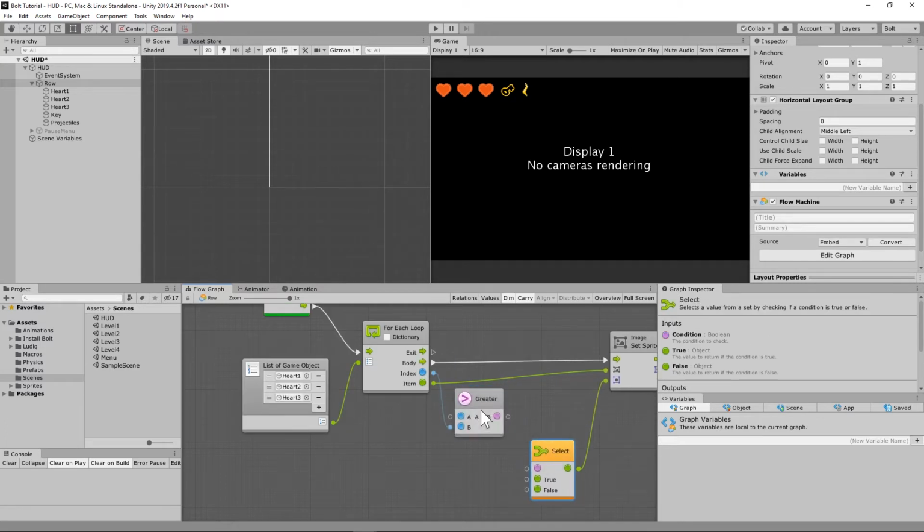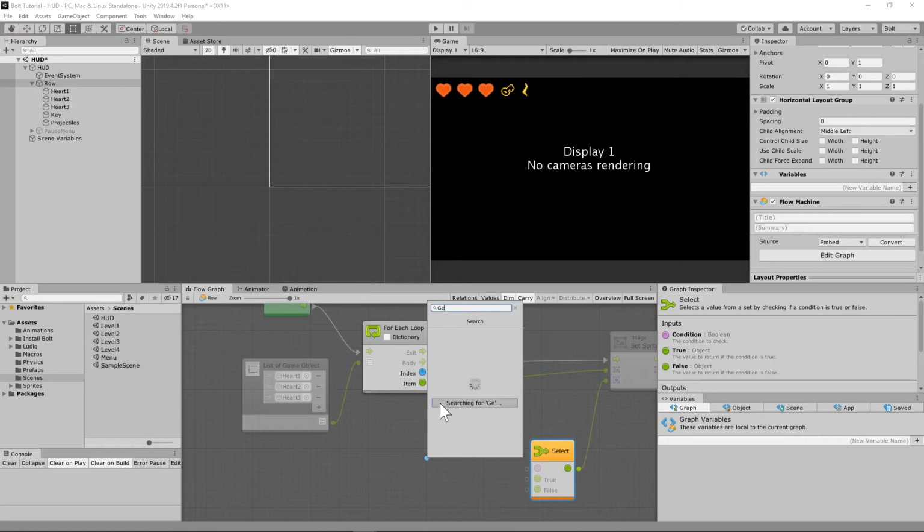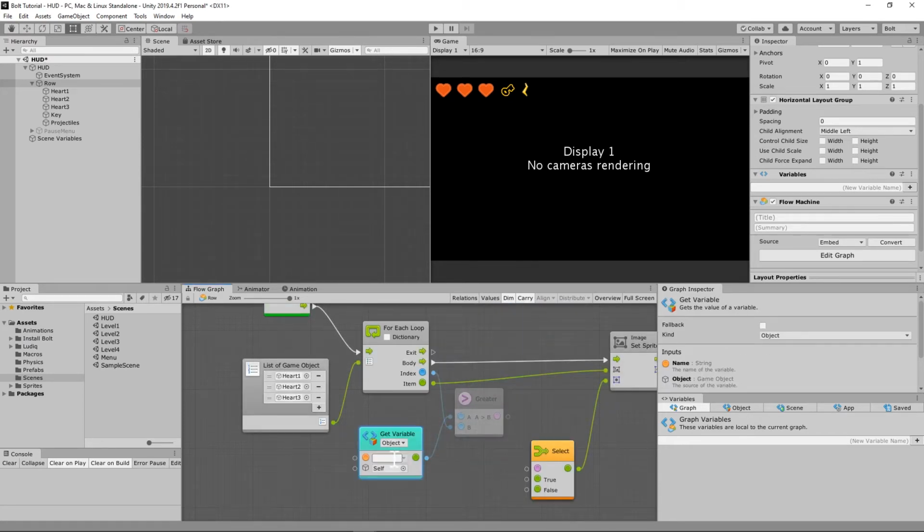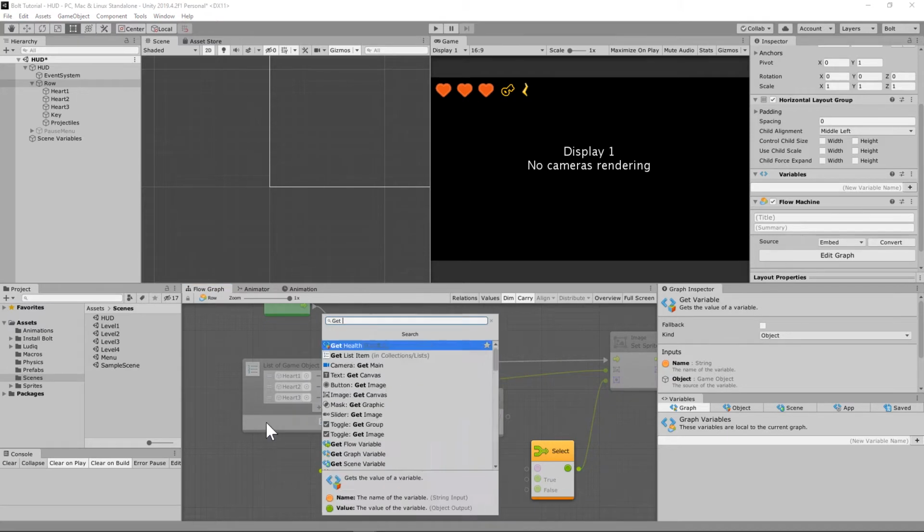Alright, so we're going to set that to B, so right click that, change that to B, and on the A, what we're going to do is get variable, get object variable. What object variable are we looking for? We want to look at the health of the player. So get variable